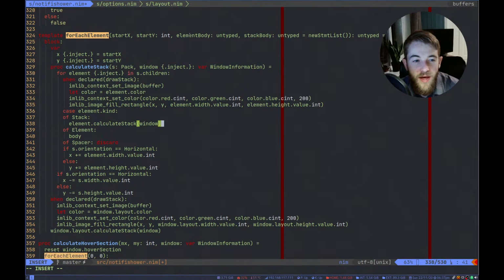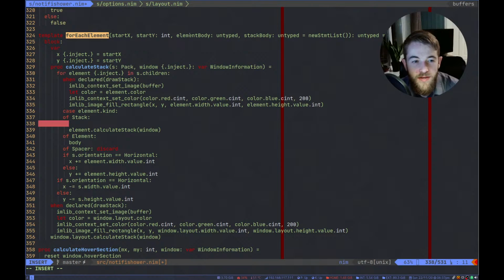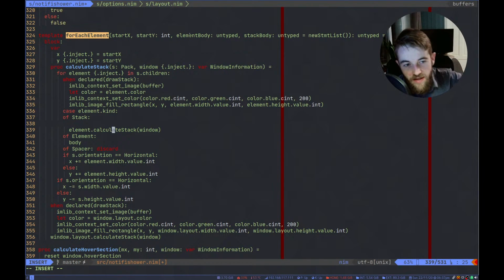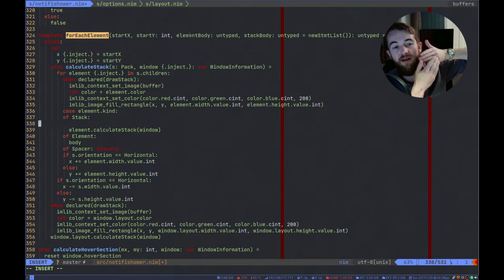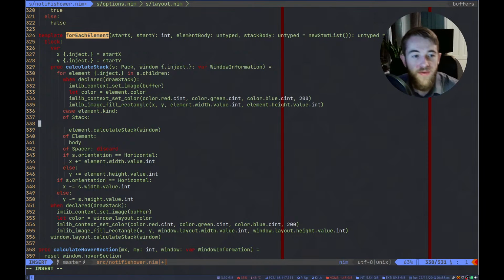And let's do that before, so this is a recursive thing that goes down the whole stack, and we want to do this drawing before we recurse down into stuff, because we want to draw this as the background on which to draw stuff onto. So we want to do this here, the stack body. If we don't pass this, it's just going to be an empty list of statements, so it's not going to do anything.